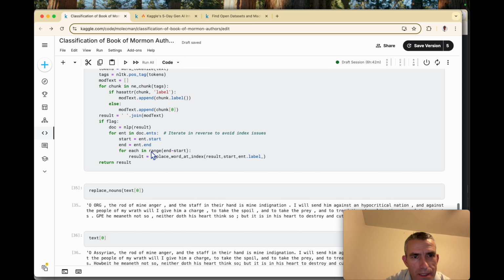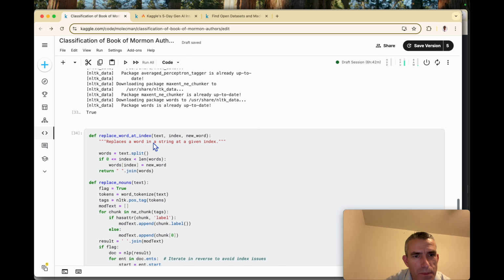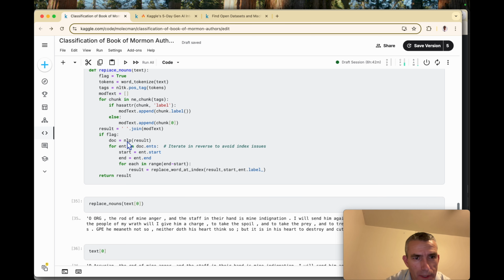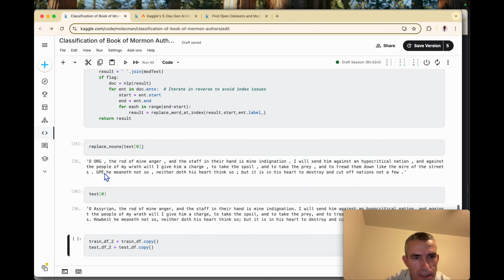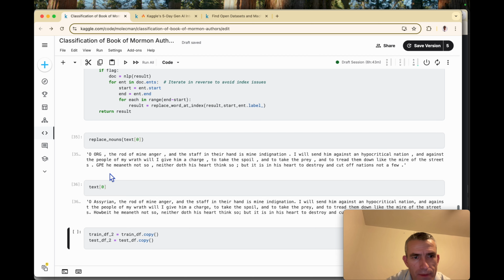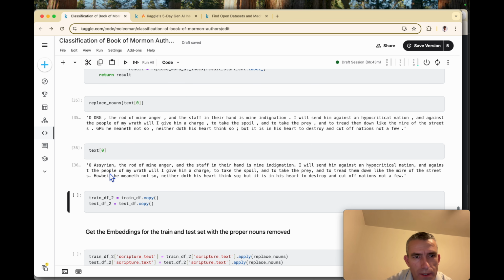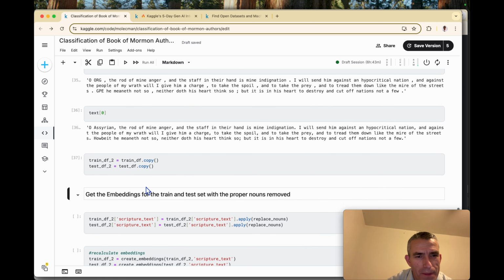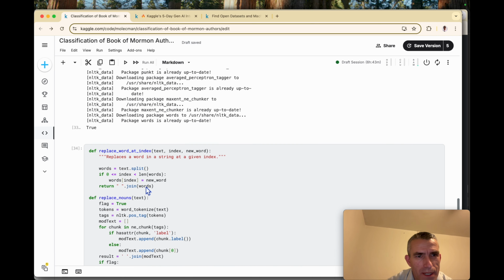This model isn't as effective as some others, but it's quicker, this NLP based model. So you can see it replaced howbeit, thought it was a place. This GPE indicates it's a place. But we'll just assume that that was done properly. I didn't review all of the proper name replacements, but reviewed some of them, until it was satisfactory.